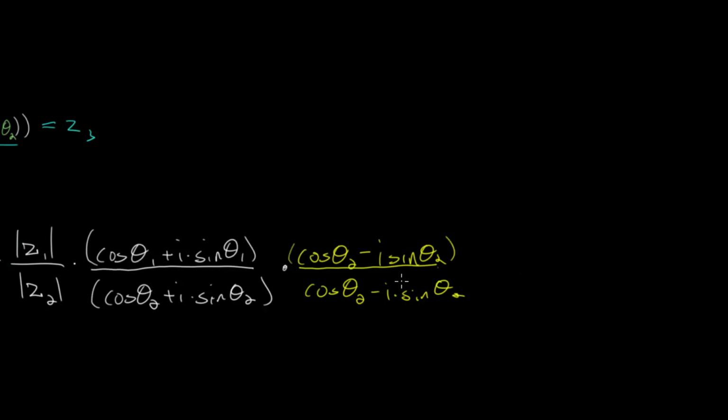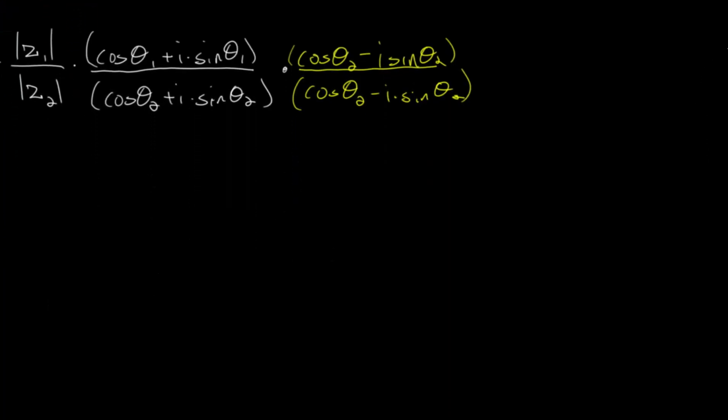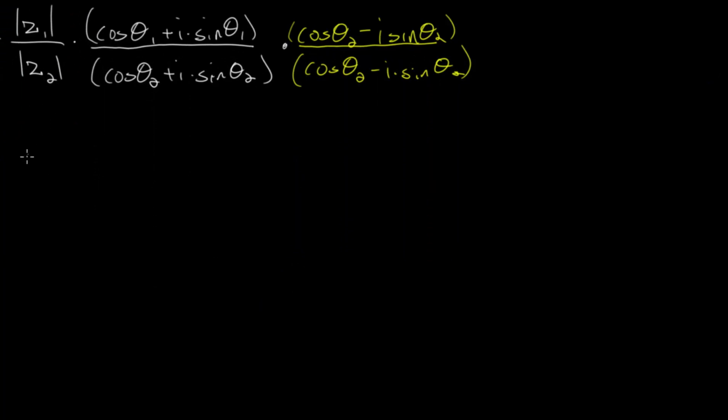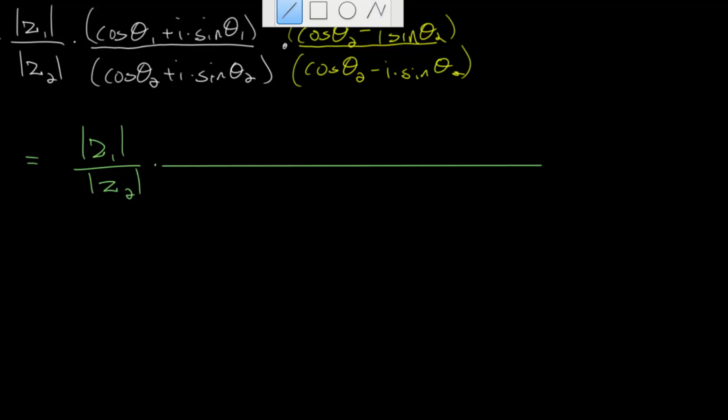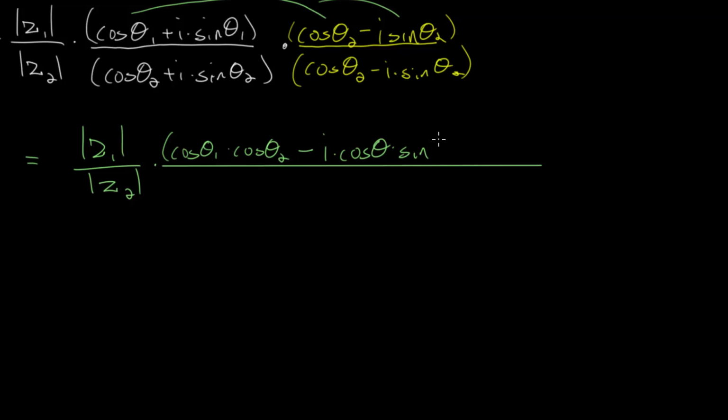And at this point, we can actually multiply out these two expressions. The bottom, you might notice, is just going to be a difference of squares, but let's actually multiply that out, and we'll rewrite this first part, the magnitude of Z1 over the magnitude of Z2, and up top, we will get the cosine theta 1 distributing into both of those, so we get cosine theta 1 times cosine theta 2, and cosine theta 1 times i times the sine of theta 2, and that's a negative number, so we are subtracting i times the cosine theta 1 times the sine of theta 2,